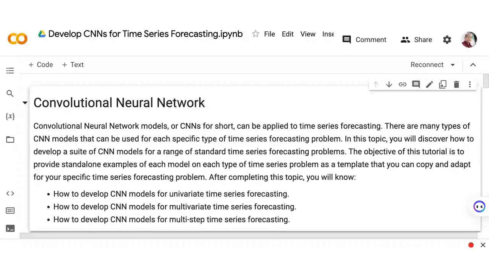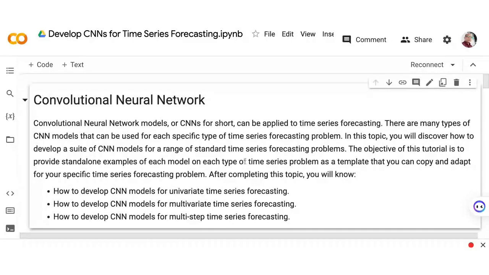Okay? So, there are so many of those. There are many convolutional neural networks in the literature. However, there are very rare cases where the convolutional neural network has been applied for time series forecasting.